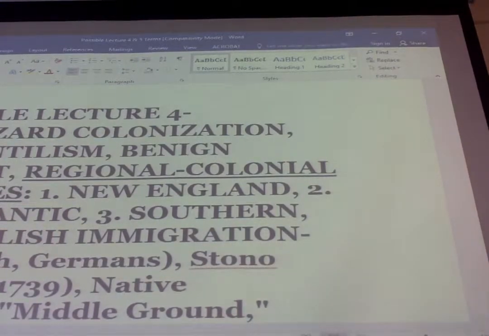Yes? When did you say they established the Act of Trade and Navigation? There were several of them, but the one we mentioned briefly last time was 1651. We're going to talk about some more in the 1660s here in a second. But the main point is it's a long time before the Revolution, more than a century.